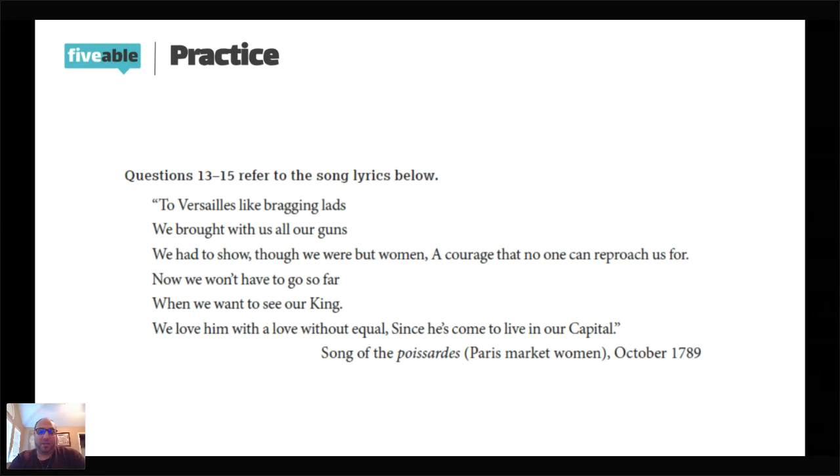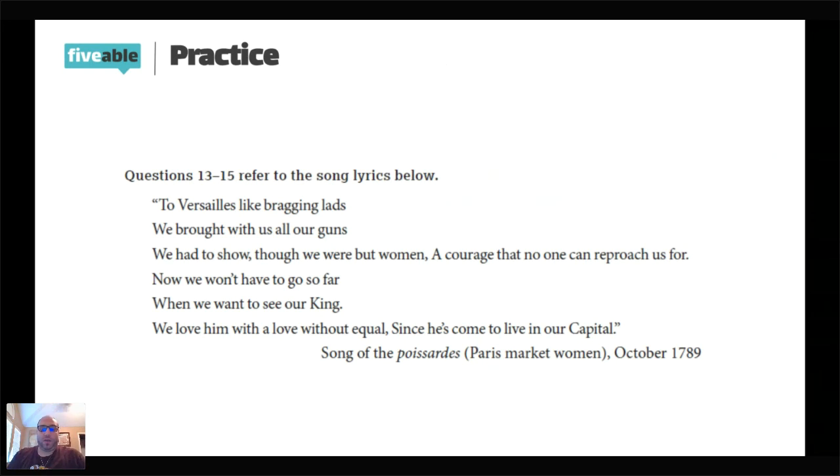With that being known, could you answer questions about the time period without reading the passage? You should be able to, okay? Because the French Revolution, the American Revolution, those are things that we're going to ask you very specific types of questions. Okay, we want to know, do you understand the development of democracy? Do you understand the radicalization of revolutions? Are you able to understand how economics plays into why these revolutions happened?